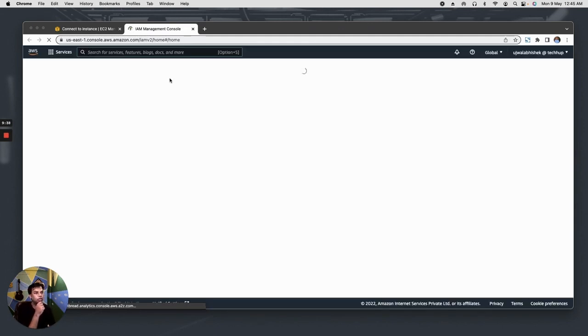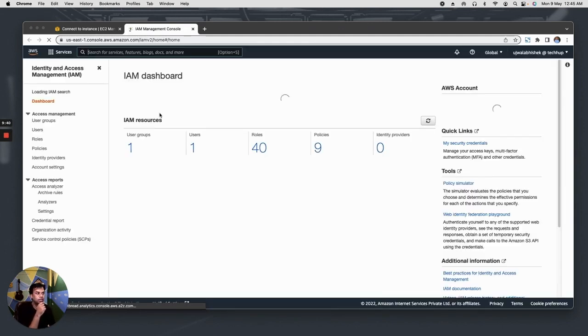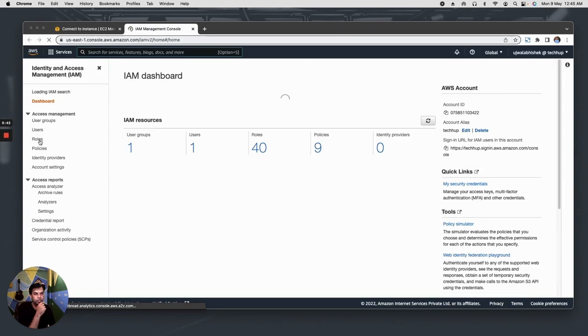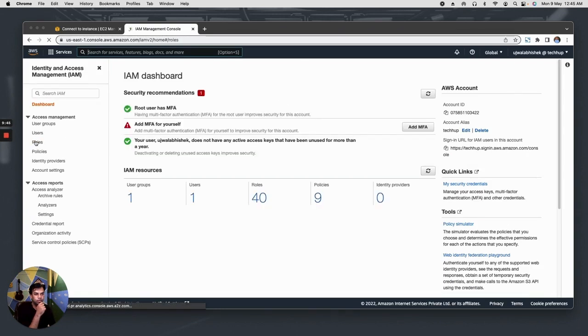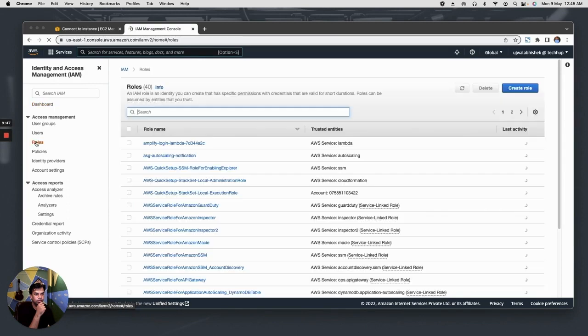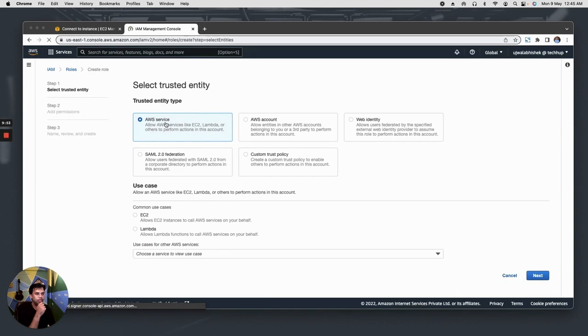So what we can do is that once in, we can go to roles, and we'll create a role and click on AWS services, and in common use case, because this role we are creating for the EC2 instance. Click on EC2, click on next,